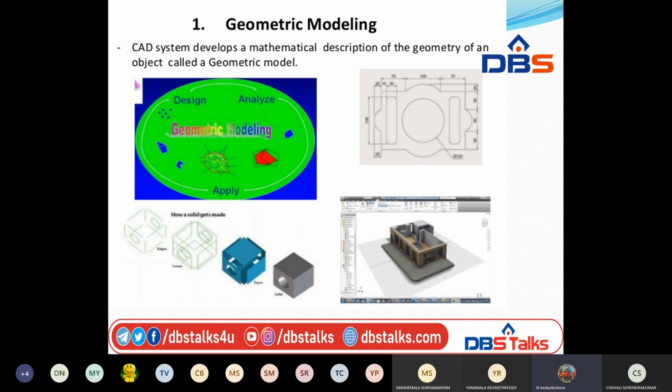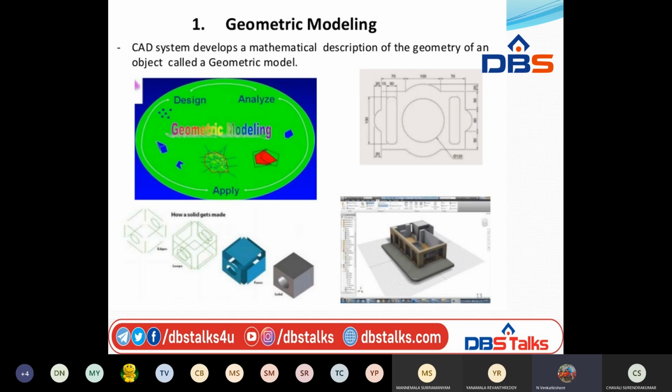Then the model can subsequently be called from the data files for review, analysis or alteration. When the product is displayed on the CRT screen, whatever design we have prepared is shown there, and from this you can observe things. So this is the first step. If there are any changes in length, we have to go for scaling. And in the third step, we extend these to get the 3D design.